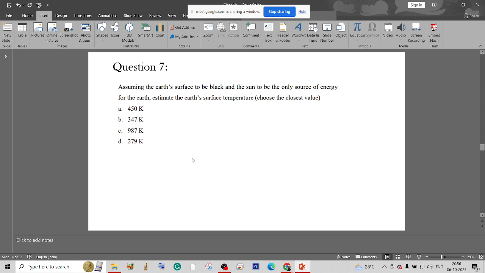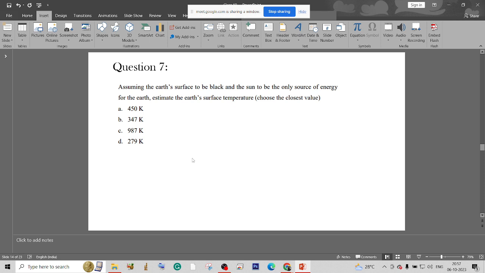For question number 7. Assuming Earth's surface to be black and the sun to be the only source of energy for the Earth, estimate the Earth's surface temperature that we need to find out. So now, first of all, the same way as we have done for the sun, in case of the sun, we'll do what? We'll do the energy balance on the surface of the Earth. So the energy irradiated on the surface is Qs double dash multiplied by